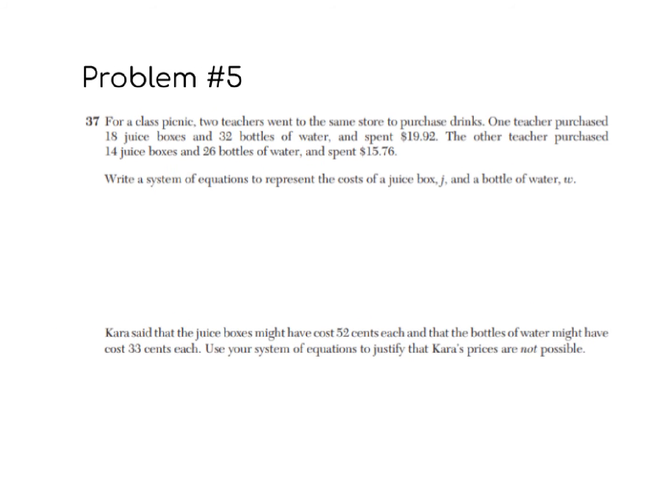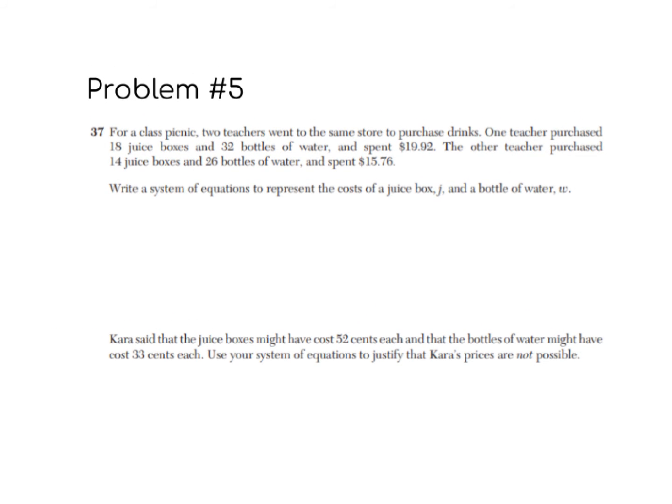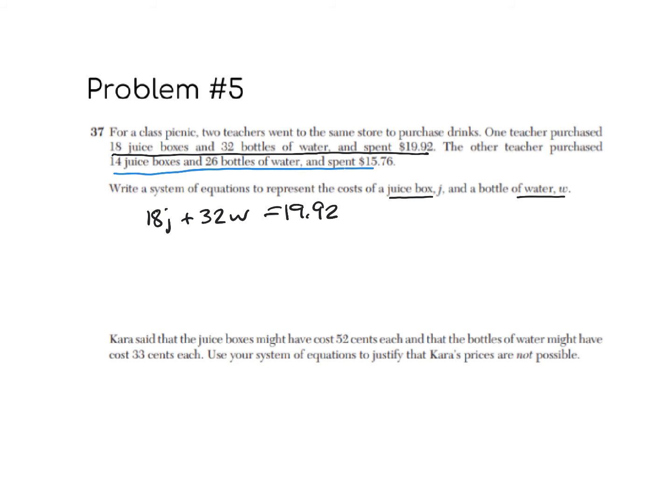And this is the most classic question that shows up for number 37. It's a pretty good question. For a class picnic, 2 teachers went to the same store to purchase drinks. One teacher purchased 18 juice boxes and 32 bottles of water and spent this much. The other teacher purchased a different amount. They tell you that juice boxes are J and bottle of water is W, so you don't need your own let statements. So 18J plus 32W equals 1992 for the first teacher, and then 14 juice boxes and 26 bottles